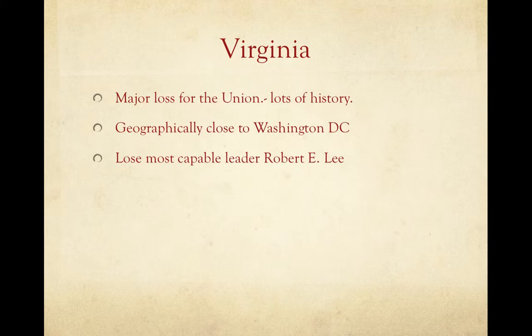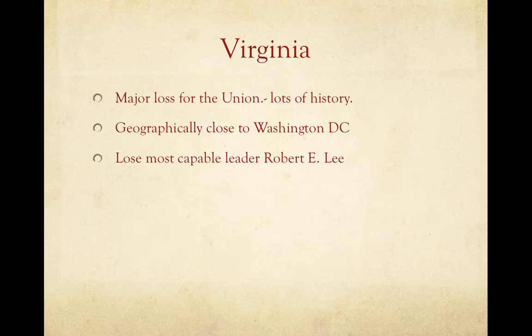Many of the early Civil War battles, in fact, many battles in the war, are fought in the state of Virginia. Virginia is essentially right next door to Washington, D.C. When Virginia seceded from the Union, it was a major loss to the entire country. There's a lot of history of the United States that goes back to the state of Virginia. You know, George Washington, for Pete's sake, was born in Virginia. Washington and Jefferson,